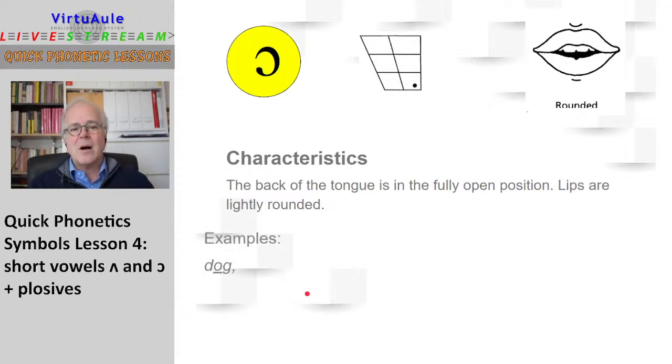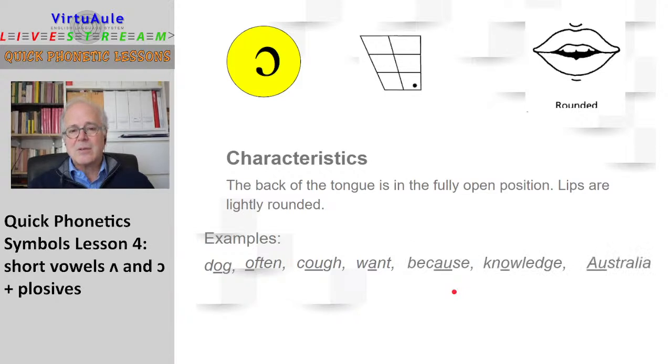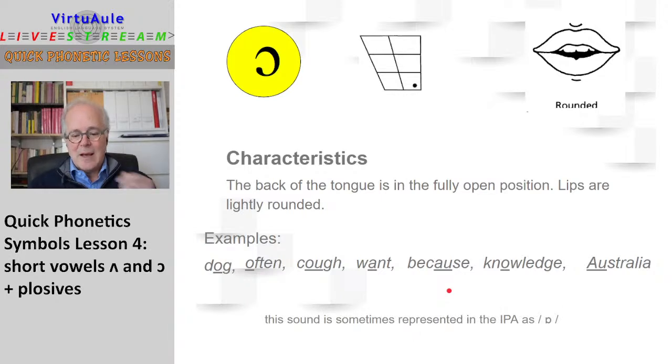Dog, often, cough, want, because, knowledge, Australia. So there are many different ways of writing this, but the sound is dog, stop. Oh, by the way, this sound is sometimes represented in IPA as a